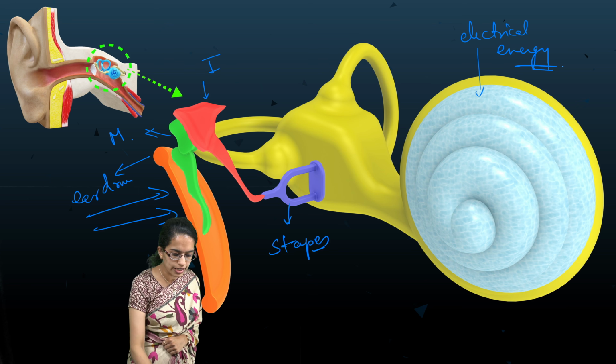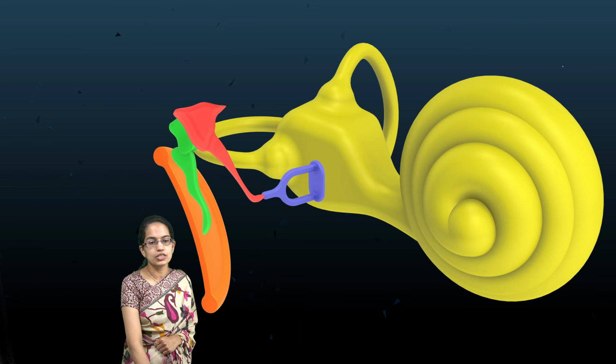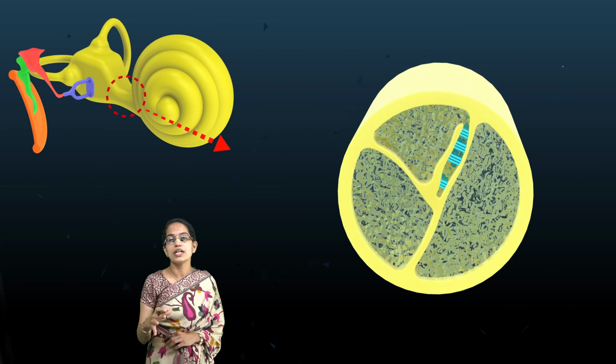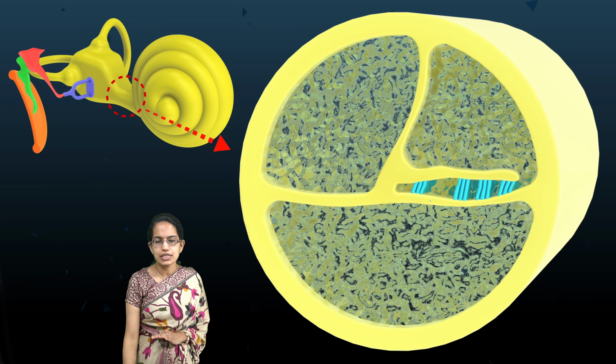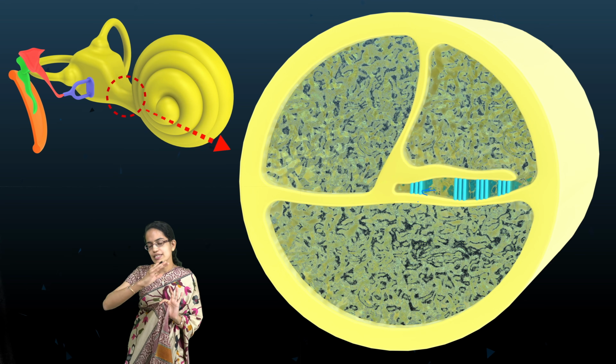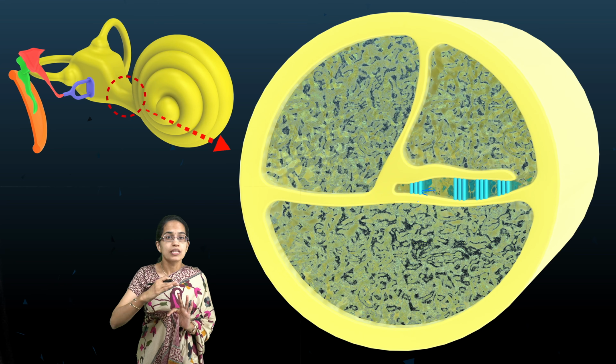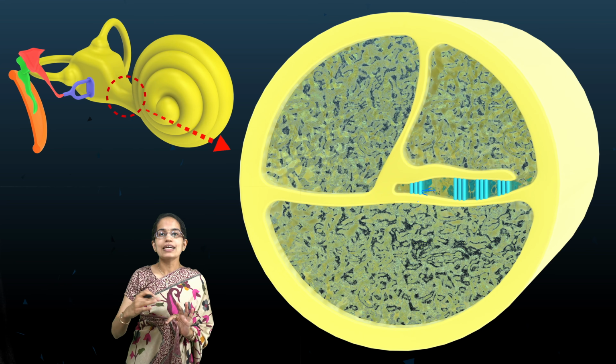Now this cochlea, if I dive into its further structure, is filled with a liquid and has brush-like structures which are also known as hair cells. So what happens is, as the sound waves come, these hair cells bend. Now when they are bending, they create sound.